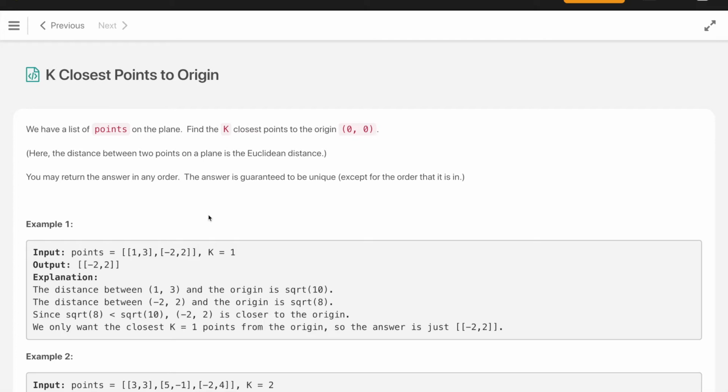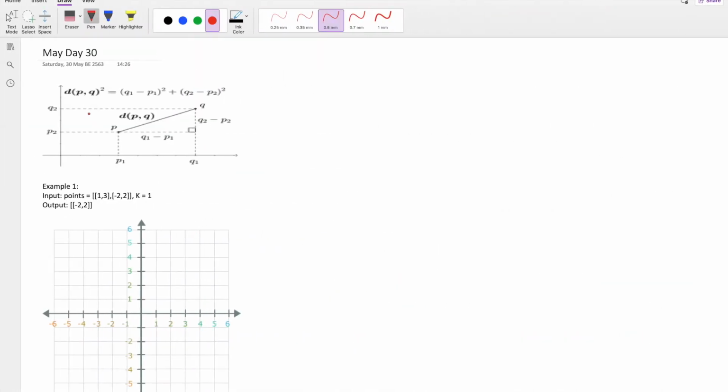So let's draw in the Cartesian plane here. The Euclidean distance formula: the distance squared between 2 points P and Q with coordinates (P1, Q1) and (P2, Q2) is (Q1 minus P1) squared, basically the x coordinates of the 2 points subtracted and squared, plus the same for the y coordinates.